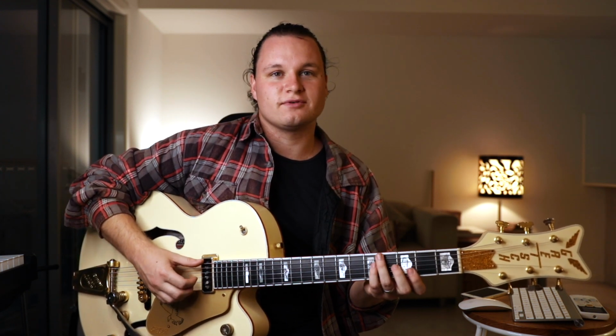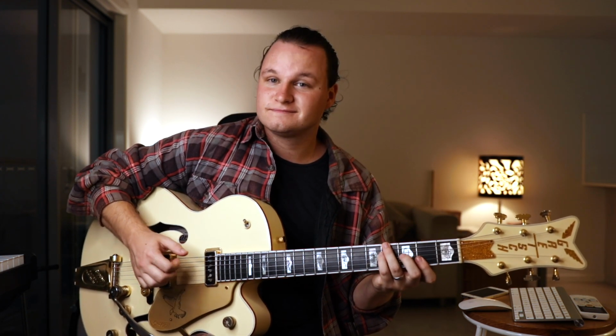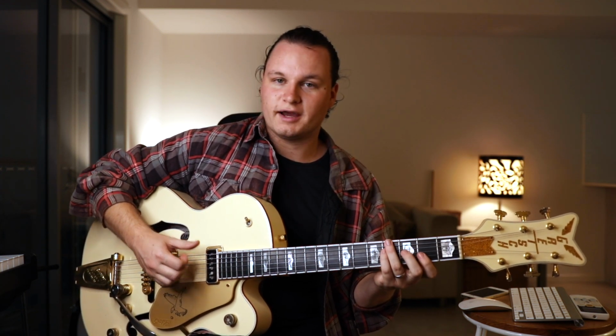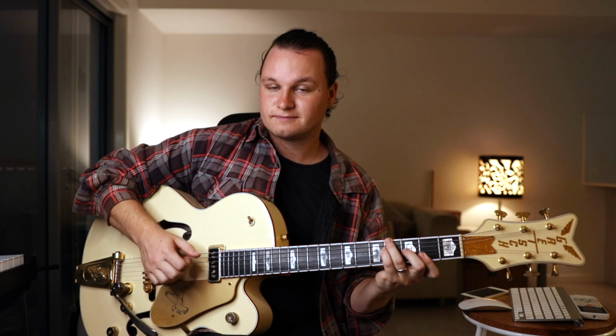And now he does some sort of thing where he goes after that, and I'm hearing this A sharp there, so I'm hearing like that sort of thing. So you're going to pluck those 4 notes, right? E, D, G, B, and then you're going to pluck the G string and the high E string, and then you're going to pluck the G string and the B string. So like,